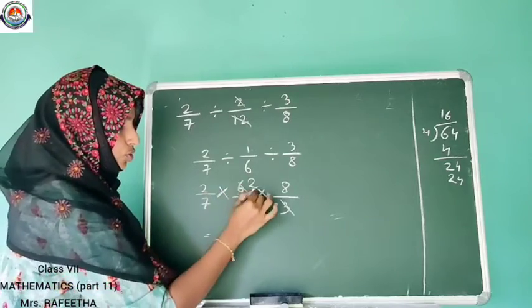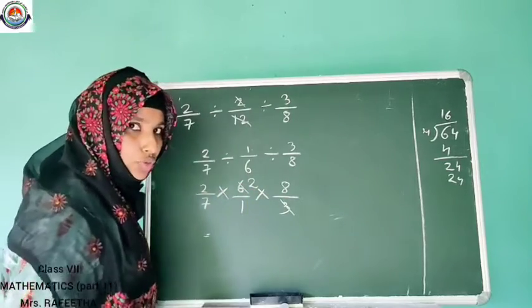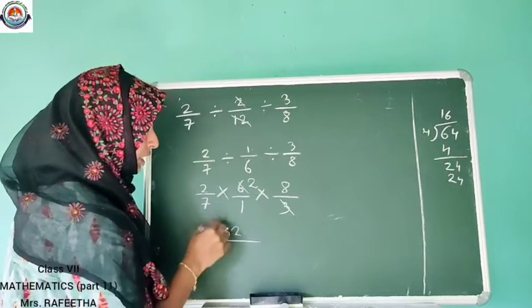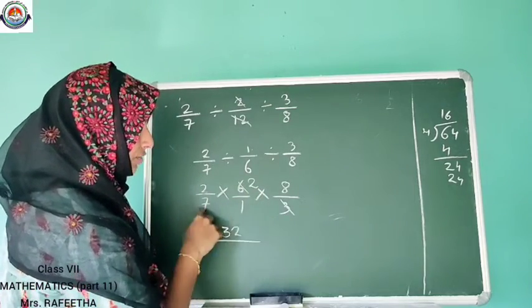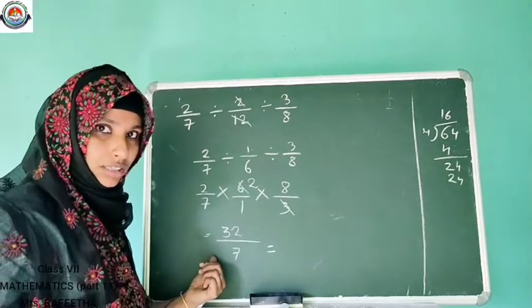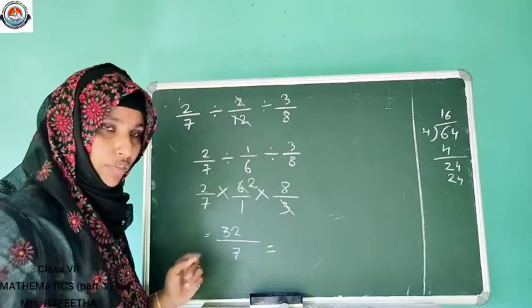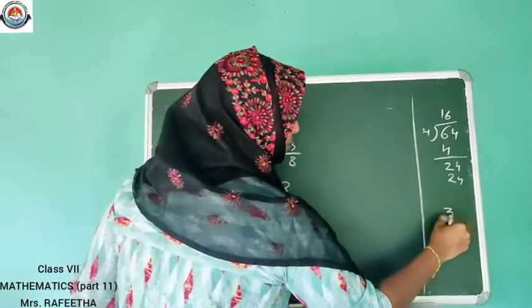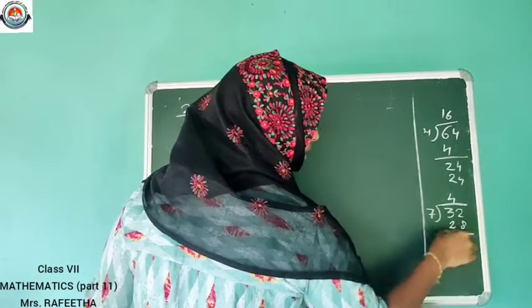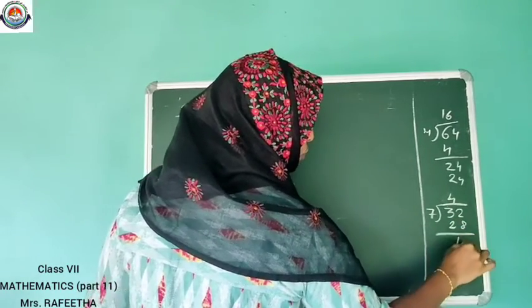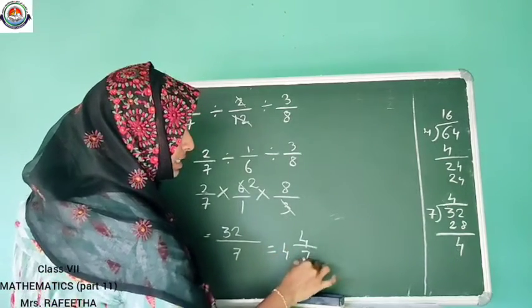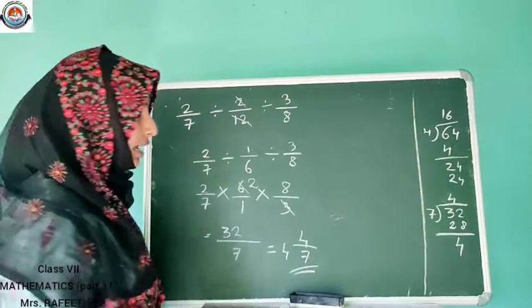Okay, so next we want to cut this, 3 and 6 we can cut and write as 2. Okay, so 2 into 2 into 4, what is 2 into 2 into 4? 2 2s are 4, 4 8s are 32. Denominator 7 into 1 into 1, that is 7. Now we want to convert this, this is an improper fraction. So 32 divided by 7. 7 4s are 28. Then the remainder is 4. Okay, so we can write 4 4 by 7. Okay, this will be the answer.